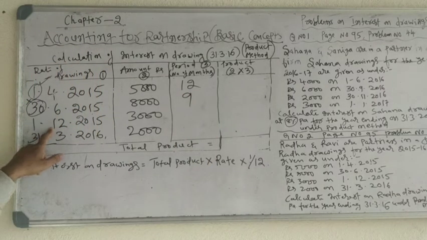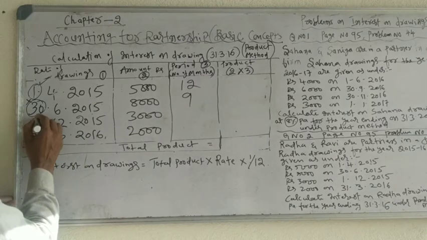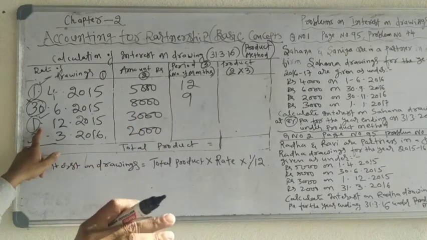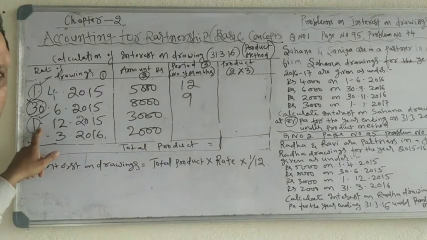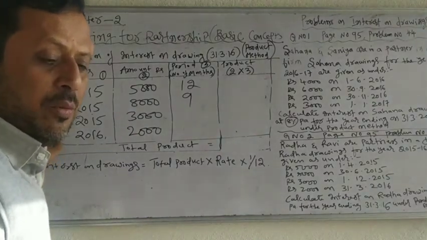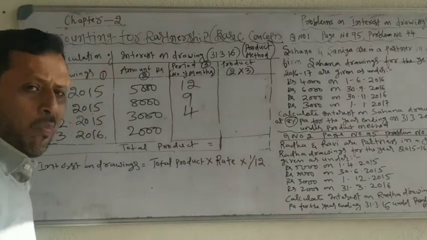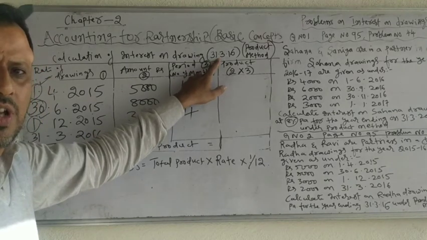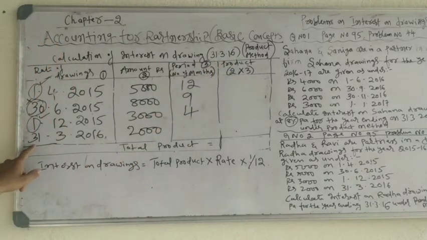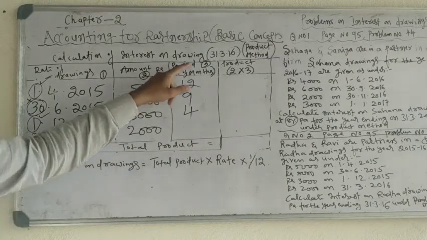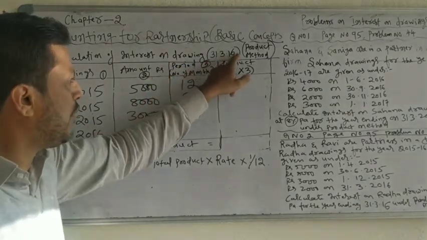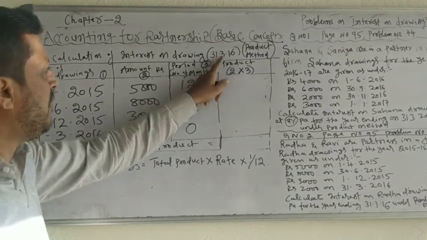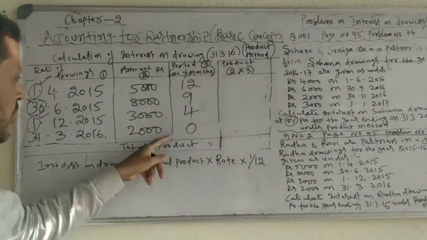Next, 1st December. So take from the same month. Count from the same month because it is 1st of December. The drawings is made on 1st of December. December, January, February, March. 4 months. 31/3/2016. See, last day of the financial year, 31/3/2016, same day she has made drawings. 31/3/2016 to 31/3/2016, number of days is nil, so 0 months.